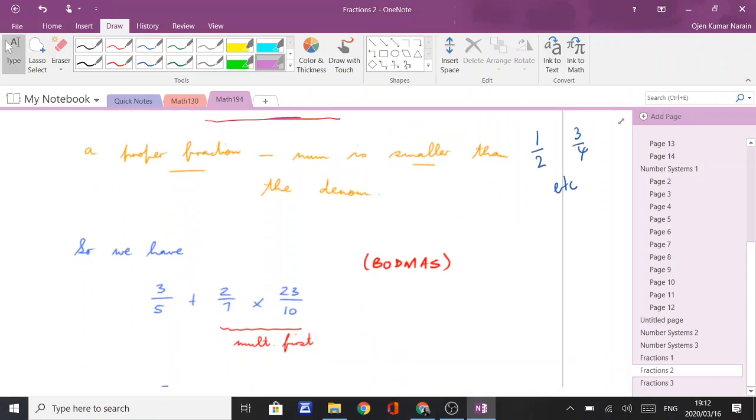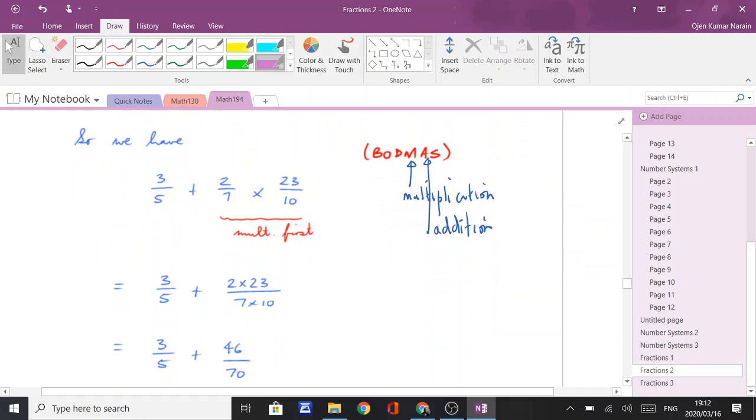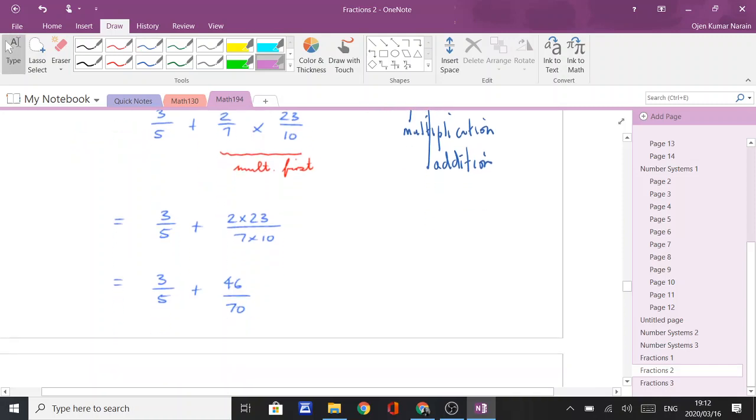So in our problem, we have 3/5 plus 2/7 times 23 over 10. So we do the multiplication first because of our BODMAS rule: multiplication before addition and subtraction. So when you multiply 2 over 7 times 23 over 10, you multiply 2 times 23 divided by 7 times 10, which is 46